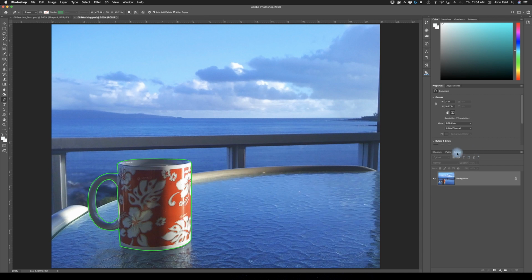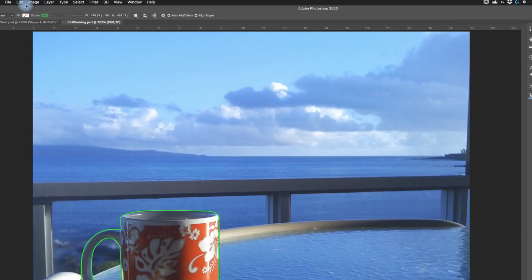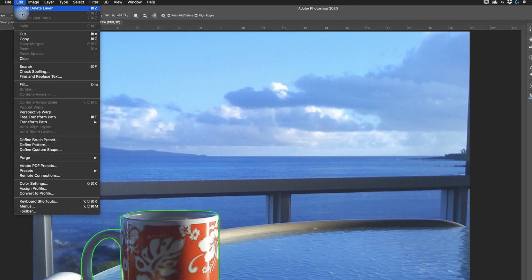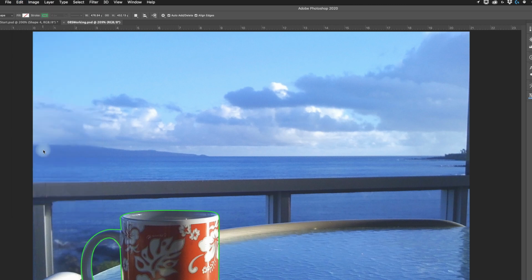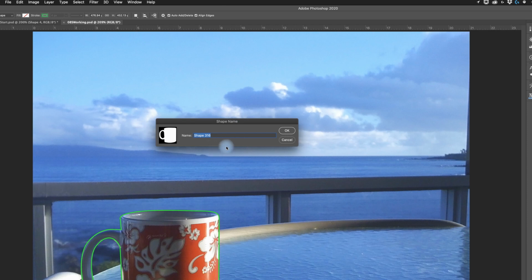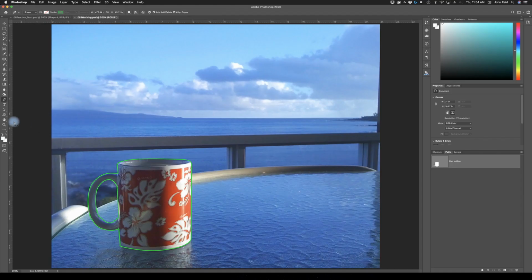Okay, so you can see that my cup is here and it has the outline shape over it, and to get rid of that, all I really have to do is go over to Paths and click off it. But we actually want to have our path clicked here, and we want to be in Path. And what we're going to do is define a custom shape. So I'm going to go up to Edit and come down to Define a Custom Shape right here and click on that. And it's going to ask me to name this. So I'm going to name this Coffee Cup